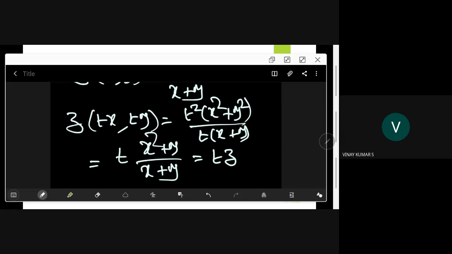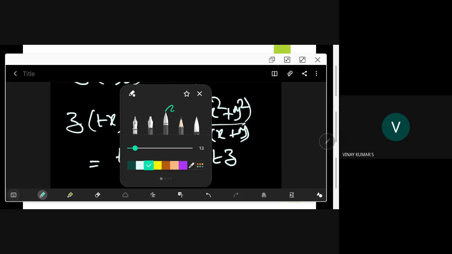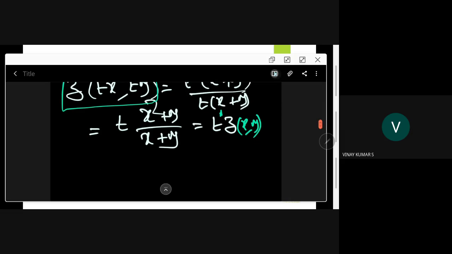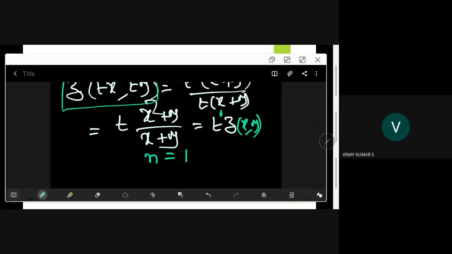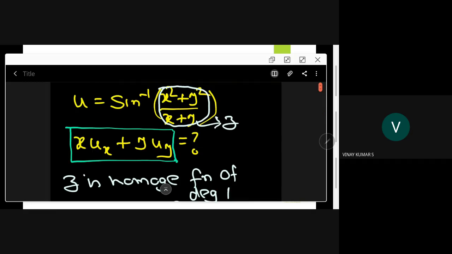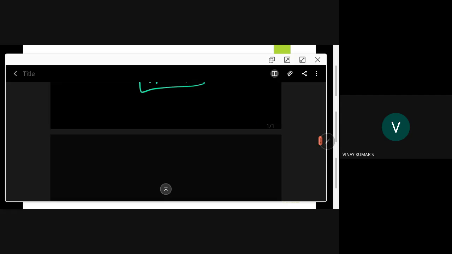So we got that z at tx, ty is nothing but t power 1 into z of x, y. So this is a homogeneous function of degree 1. So here we treat the degree by n. N is 1. On the other hand, if you take u, it is not a homogeneous function of x and y. Why? See,